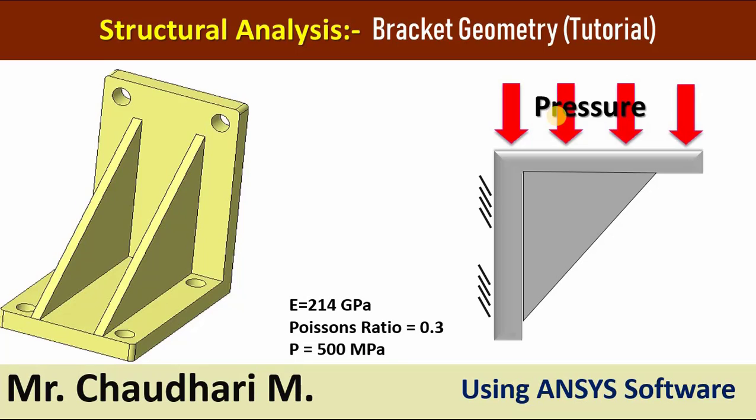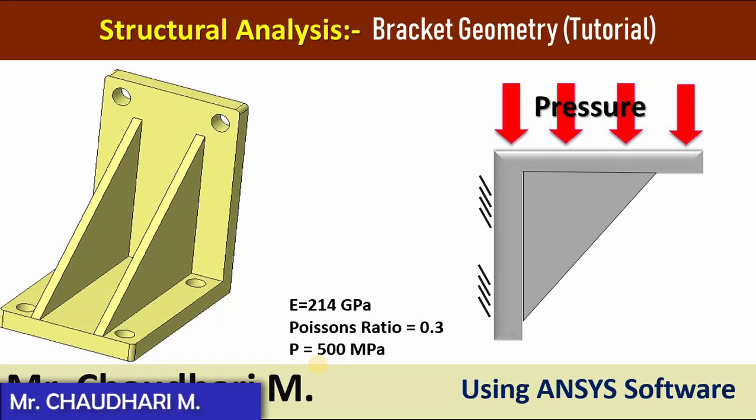The given data is elasticity, then Poisson's ratio, then pressure is 500 megapascal, and let's assume density is 7850 kg per meter cube. Okay, so let's start. Open ANSYS software,